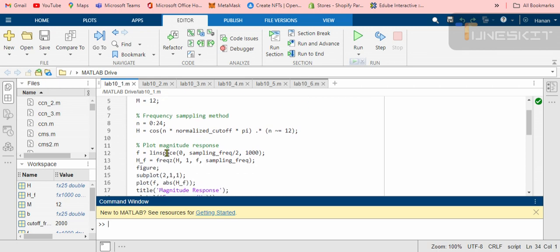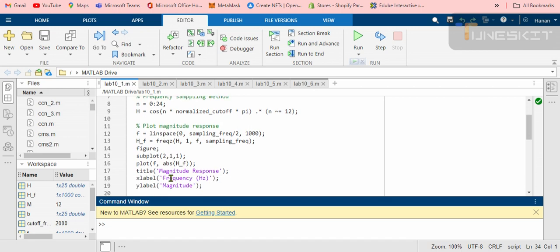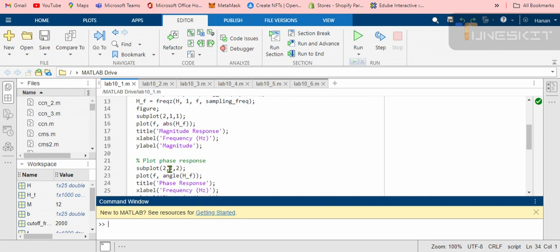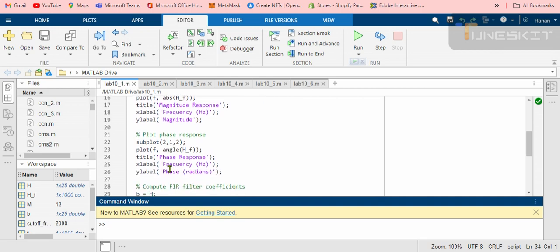To plot the magnitude response, we use the subplot command, then plot, then title the graph as magnitude response, and label the x-axis as frequency and the y-axis as magnitude. For plotting the phase response, we use subplot, then plot, and title this graph as phase response, with the x-axis as frequency and the y-axis as phase.